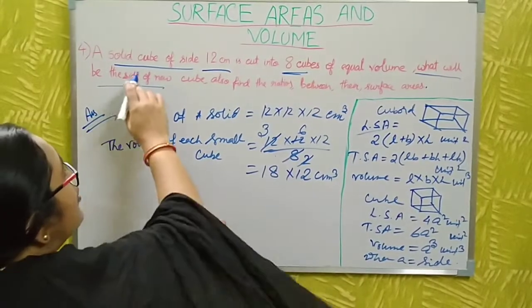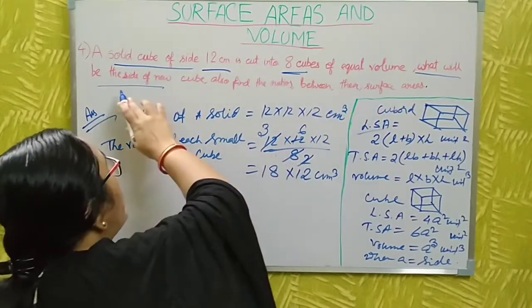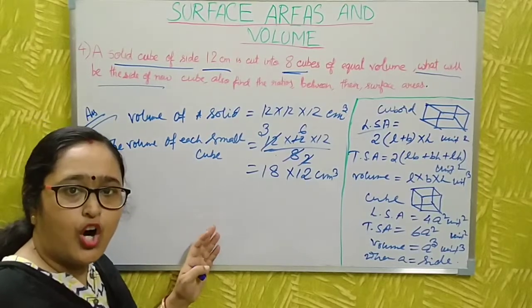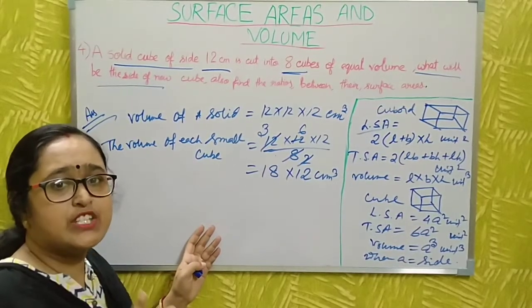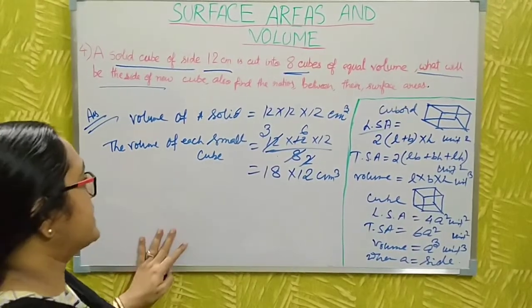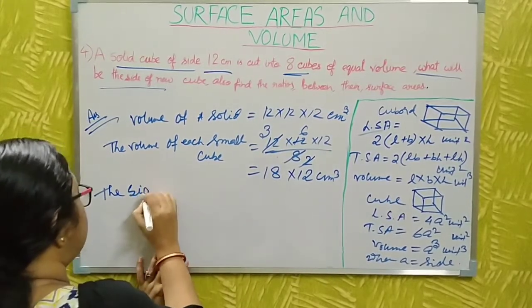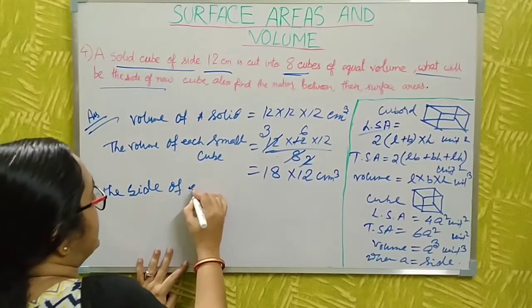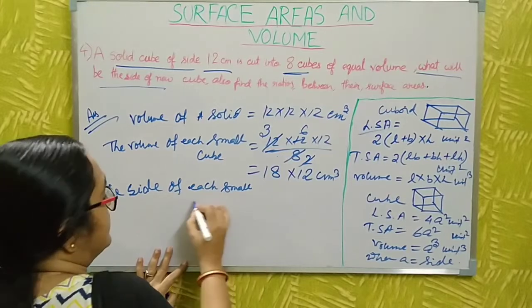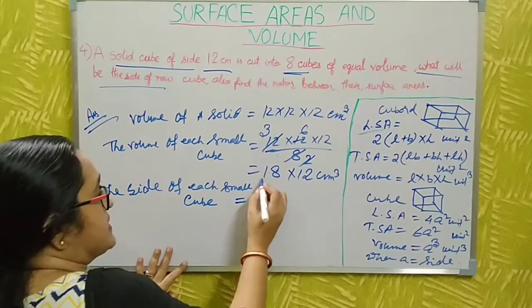Now a solid cube has been cut into 8 cubes of equal volume. What will be the side of the new cube? This is the volume of each cube. Then I just find the side of the new cube. The side of each small cube is...